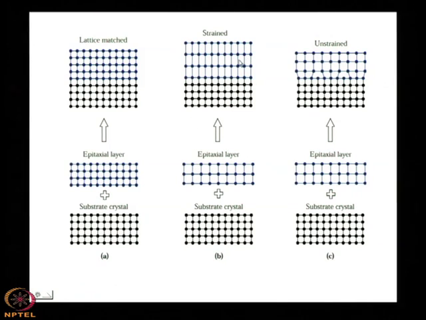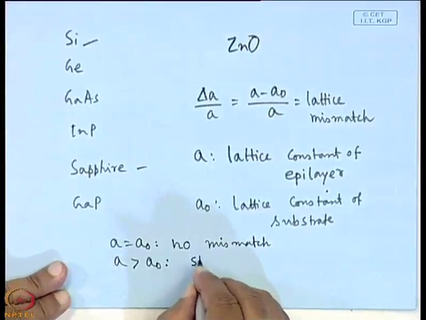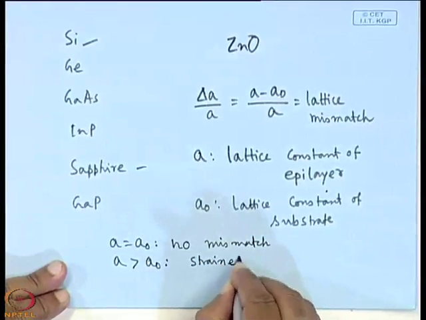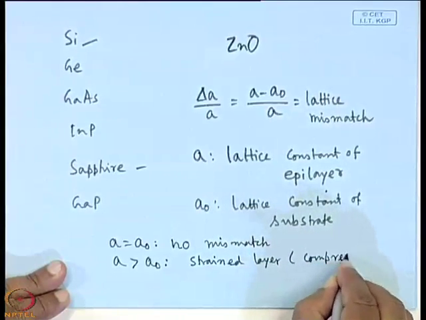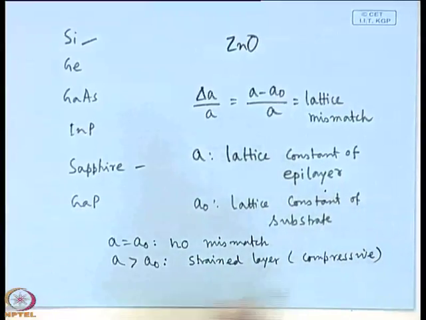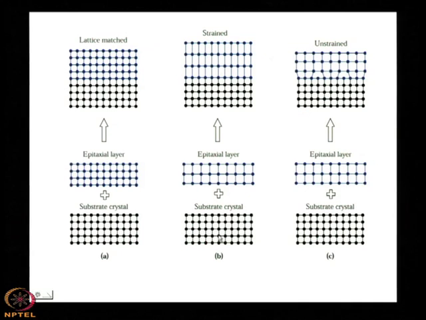That means it is strained, it is a strained layer and this strained layer is basically compressive strain, because the strain can be compressive, it can be tensile. The strain can be compressive, the strain can be tensile. So, you see that in this case it is a strained layer. Here also you see that the substrate crystal has lattice constant less than the epitaxial layer. Here you see what happened. Here vertically they have